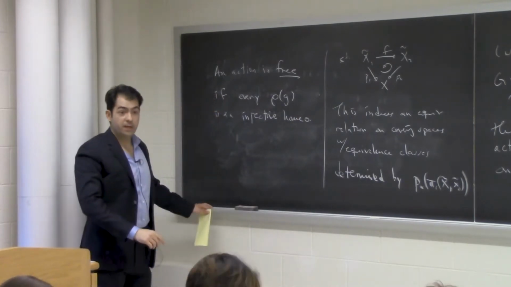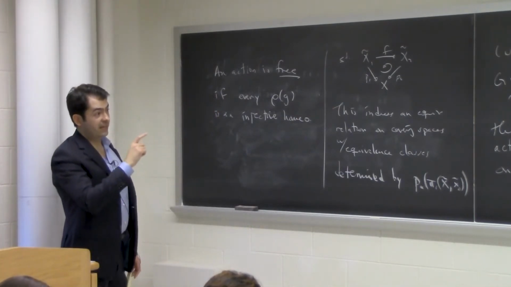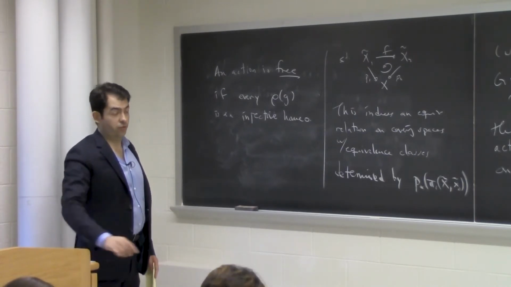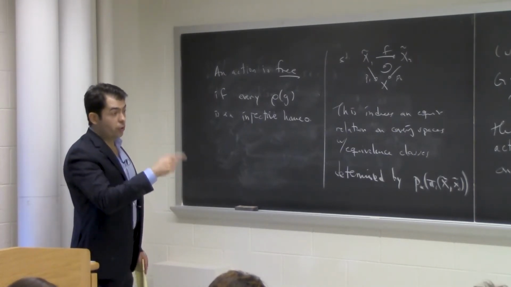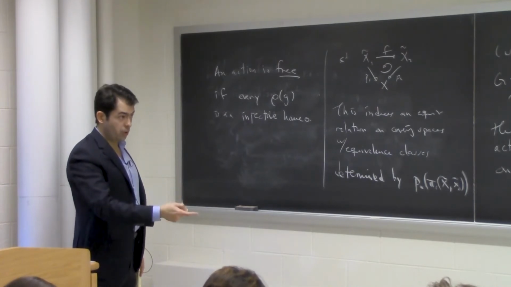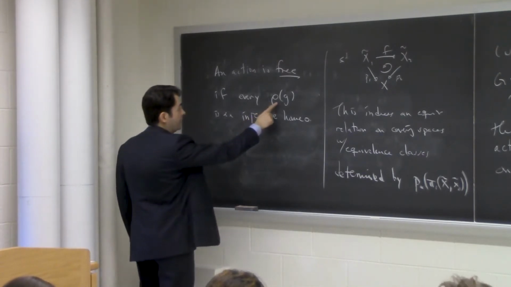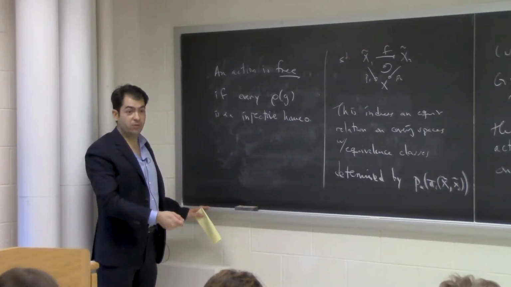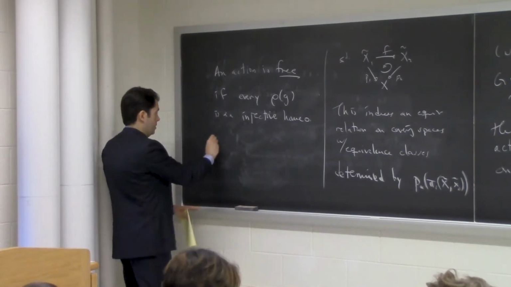Okay, so notice effective means that rho is injective, right? So no two elements give you the same homeomorphism. This tells you that each one of them is an injective map, right? So in particular, if an element